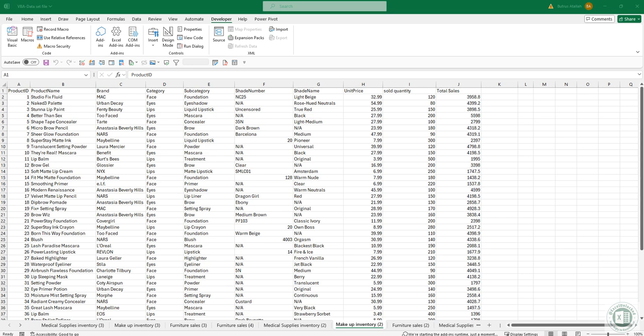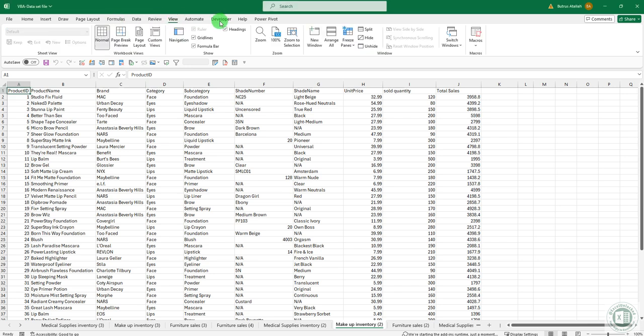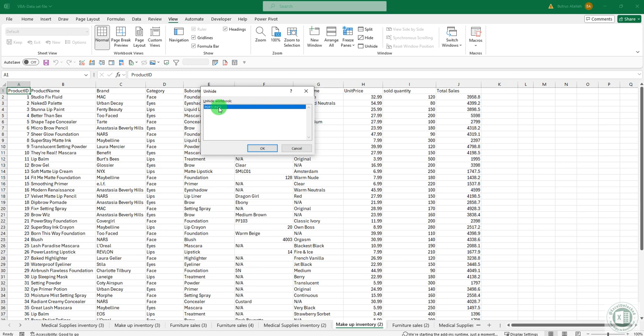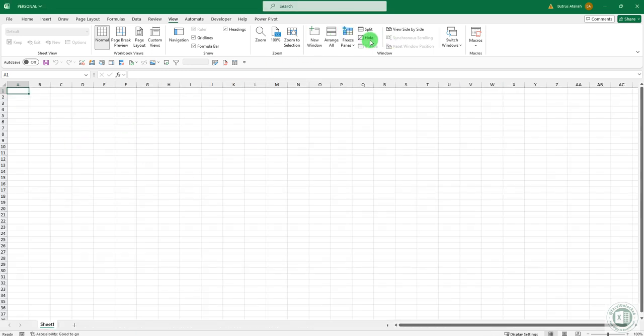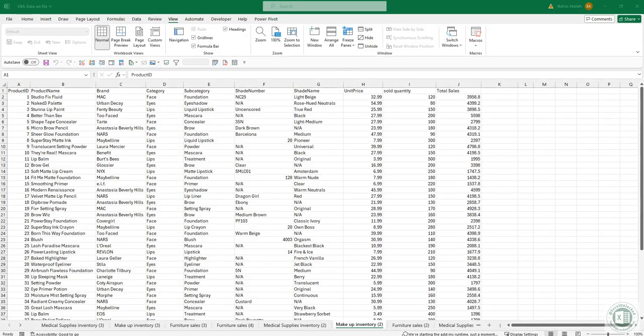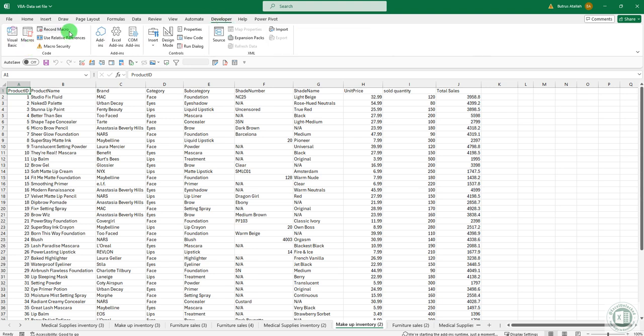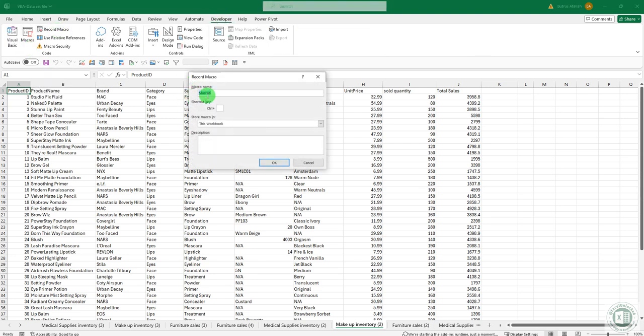It's usually hidden by default, so you won't see it listed among your open workbooks unless you unhide it, like so, in the View tab, unhide, personal. So here it is. If it doesn't exist, you can create it by recording a macro and choosing to store it in the personal macro workbook. You remember when we recorded the first macro? So when you're recording a macro, usually by default, it's stored in this workbook. If you want to store it and use it across all workbooks, you have to choose personal macro workbook.